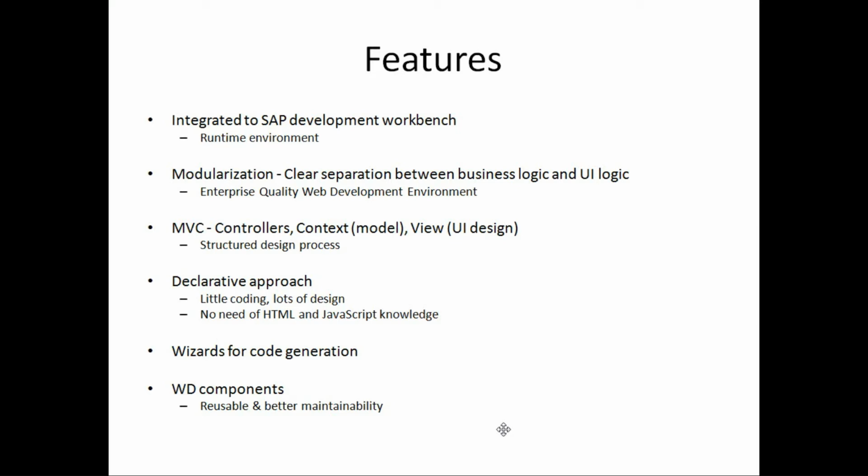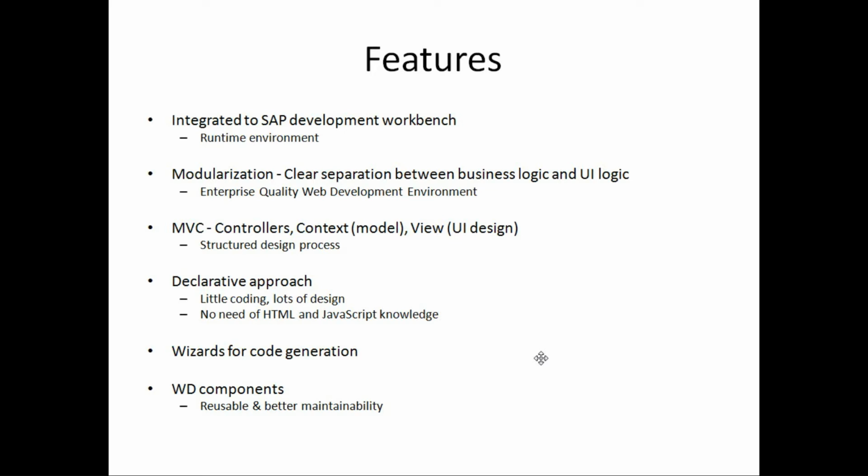Similarly, the user interface layout design is also created within the view controller using the available UI elements. Here, the developer can set the properties of these UI elements. As a result, the SAP Web Dynpro framework takes care of the data flow between the context and the UI elements without writing any code. Thus, with this declarative approach, a lot of the UI design and functionality is achieved